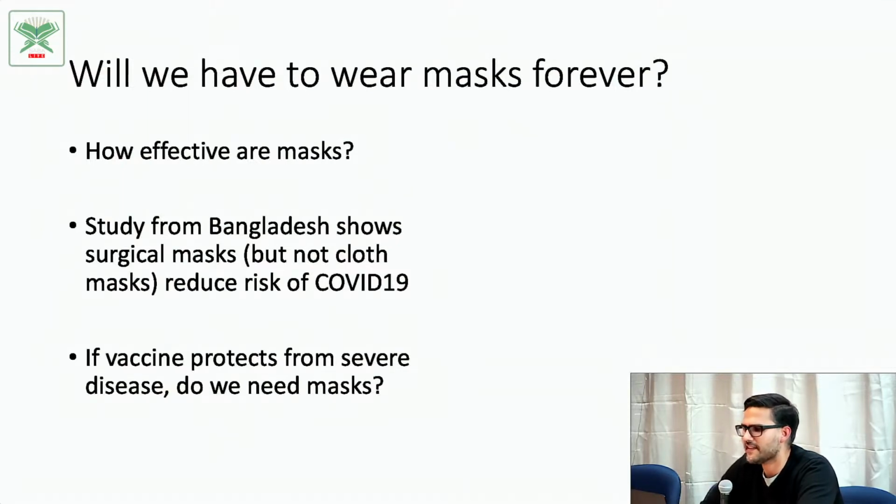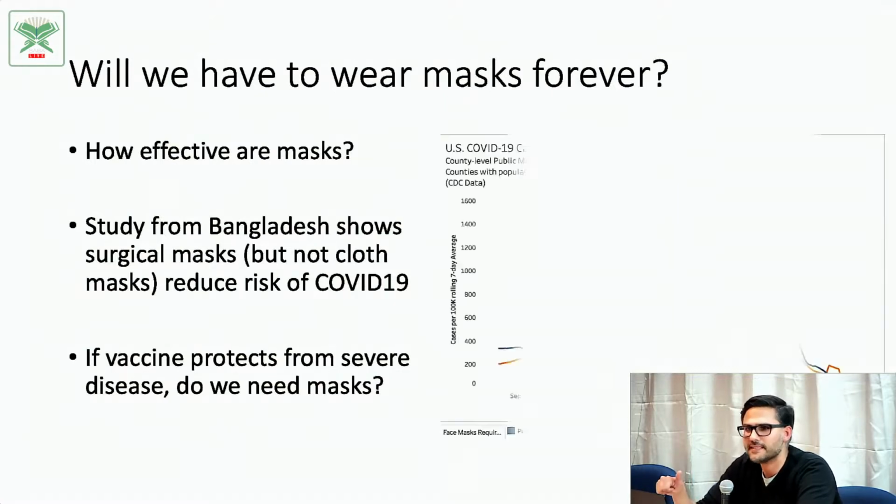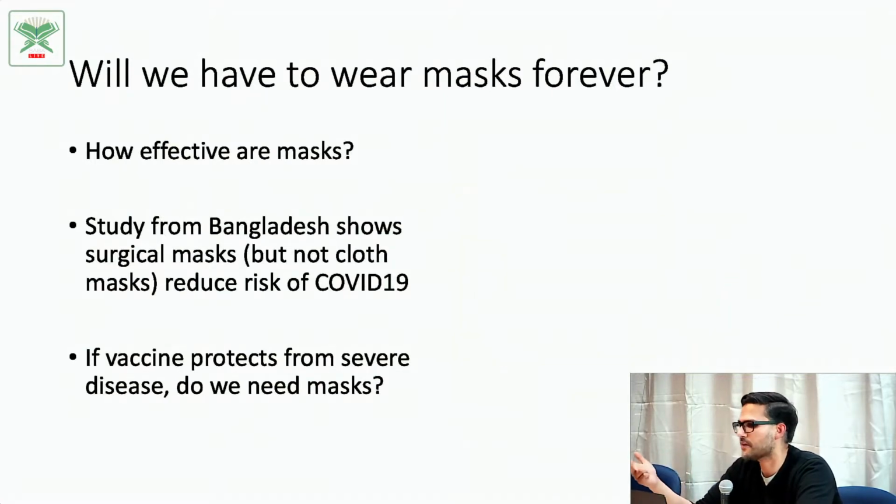In that study, they randomized patients in different villages to either have cloth masks, surgical masks, or no masks at all, and compared how many people got COVID in those different villages. What we saw is that people who wore surgical masks, those masks you wear in the hospital, actually reduced the risk of infection from about 8% in the population to 7%. So about a 10-11% decrease in the infection rate. But cloth masks, while numerically lower, were not statistically significantly lower. So it did not suggest that they necessarily worked that effectively.